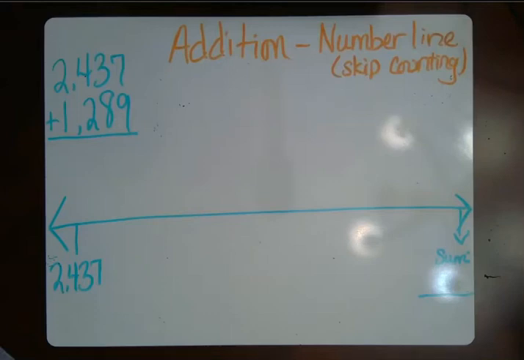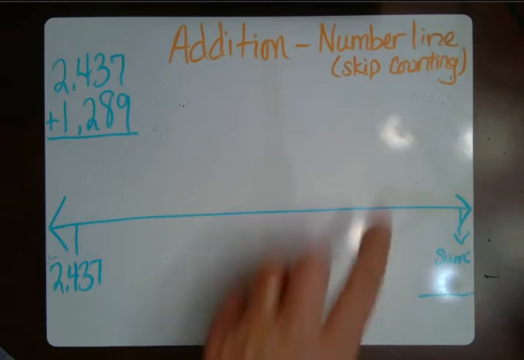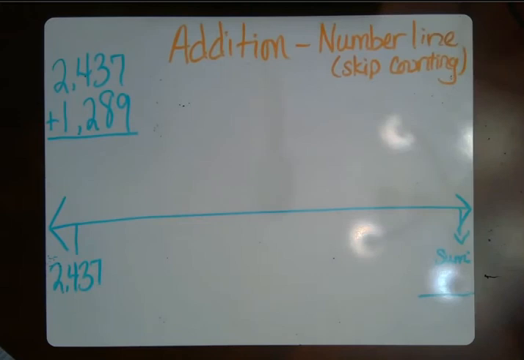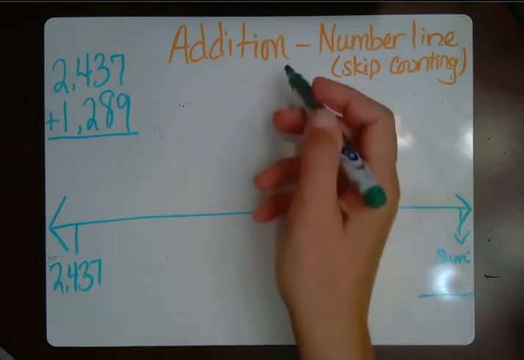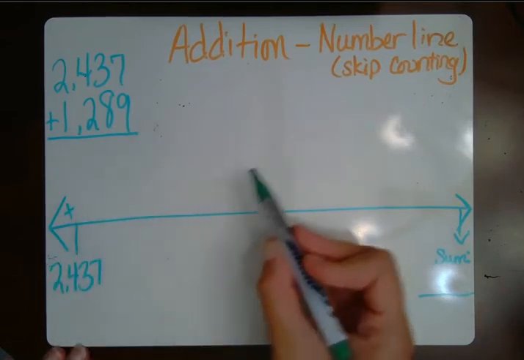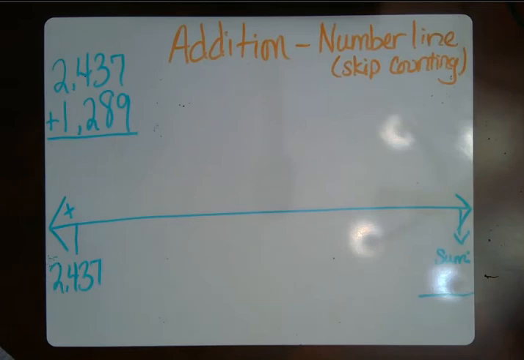Another strategy you can use when adding whole numbers is using a number line or skip counting, very similar to the idea that we use when dealing with elapsed time. So I've already started my number line, and rather than putting 0 to 1, we're going to start with the value of the top number. And because we're working on an addition problem, every time we make those jumps and skip counting, we're going to